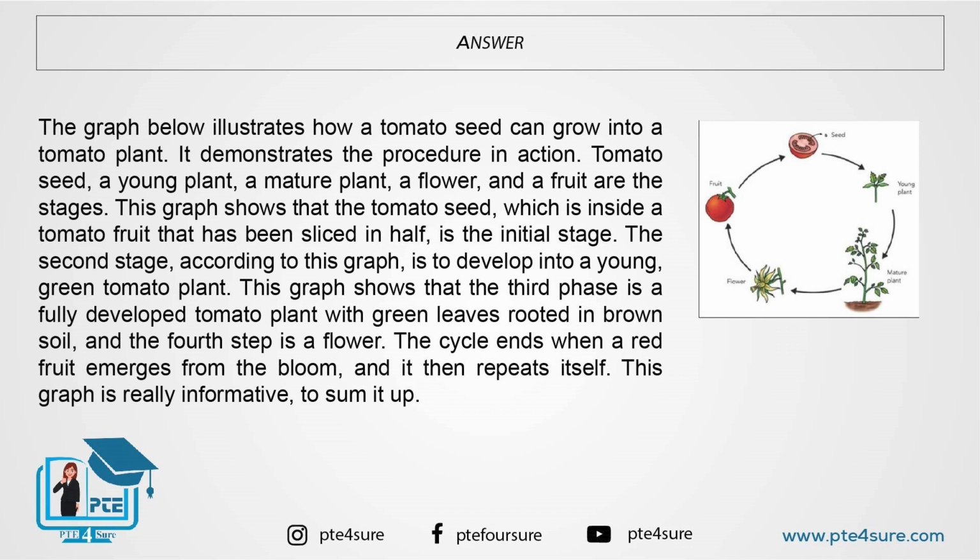The cycle ends when a red fruit emerges from the bloom, and it then repeats itself. This graph is really informative. To sum it up,